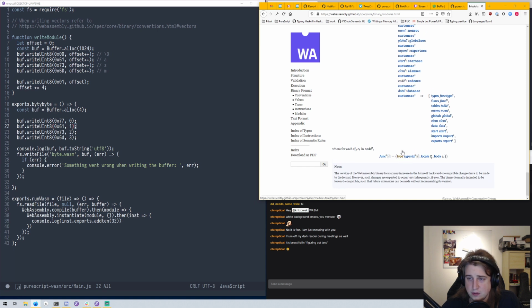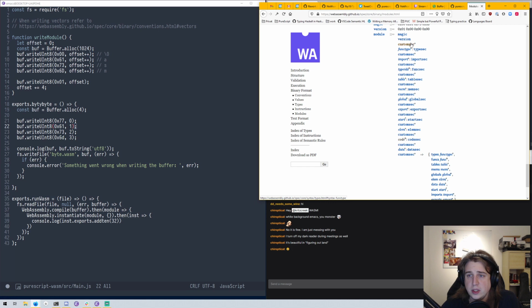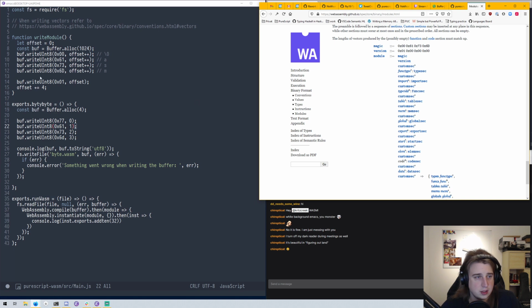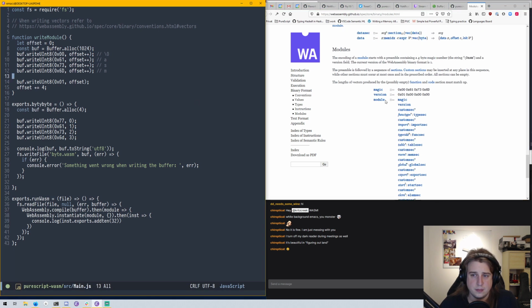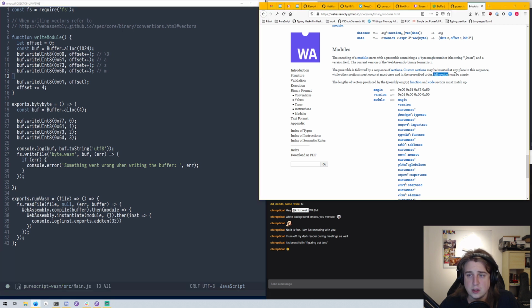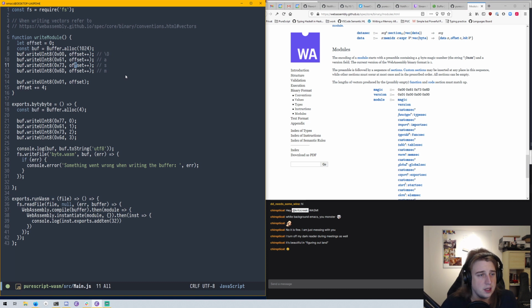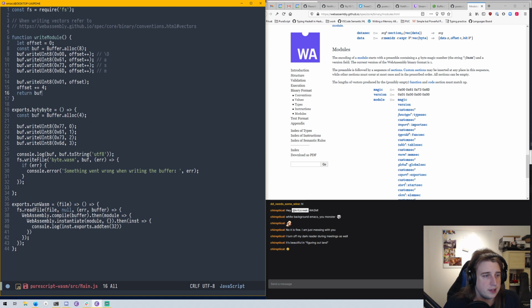So let's see, which of these is actually required? Do we need any of this? What happens if I were to just write this to a buffer and be done with it? All sections can be empty. Okay, so this should be a valid module. So how much do we write here? We write 4 and 4, so 8 should be good enough, right? So this is a module, and then we're going to return the buffer at the end,